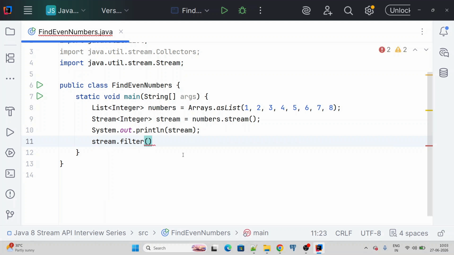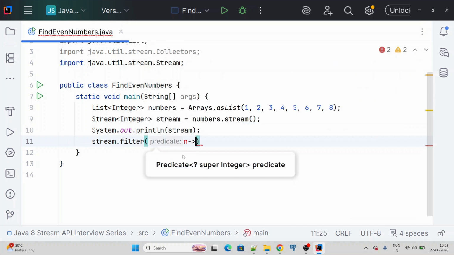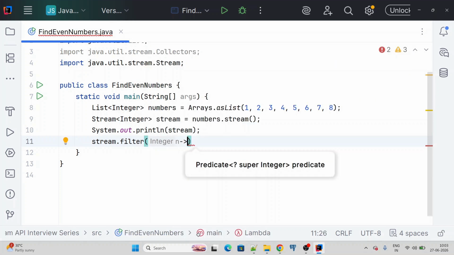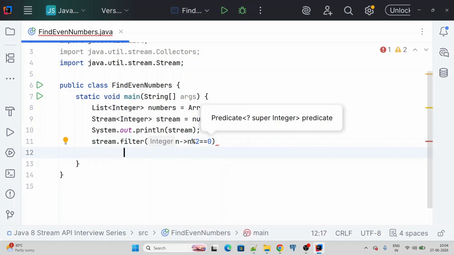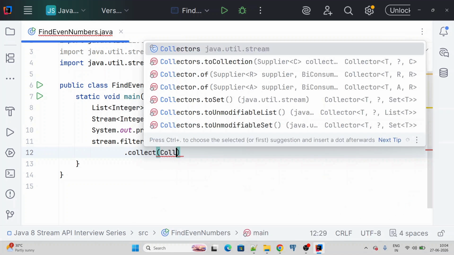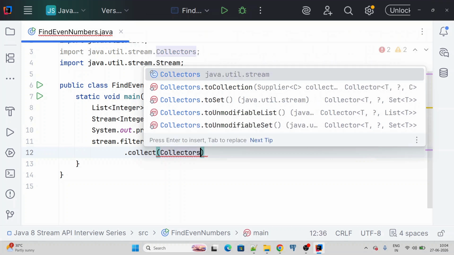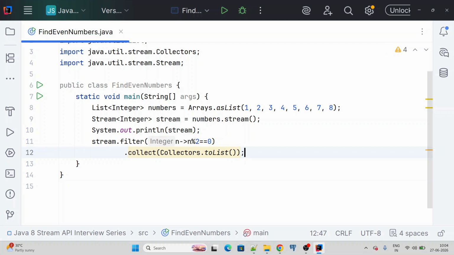How? Let's see. Inside filter we are going to write the logic for even and odd numbers. So here I am writing the lambda expression. What is the logic for even and odd? Number modulo 2: if it is equal to 0, then it is even, otherwise it is odd. Once we get this, we have a method called collect. This collect accepts a collector. It has a class called Collectors, and inside this class we have a method called toList which will return a list. So let's introduce a local variable again,